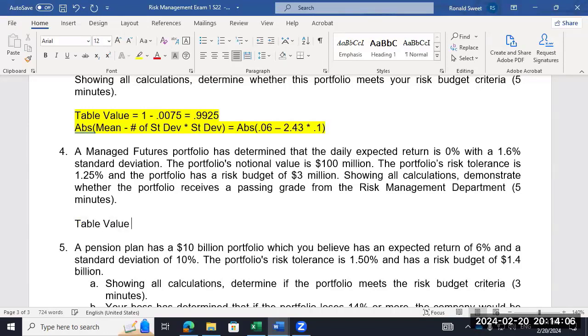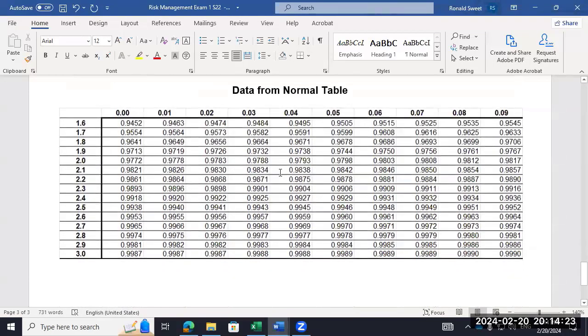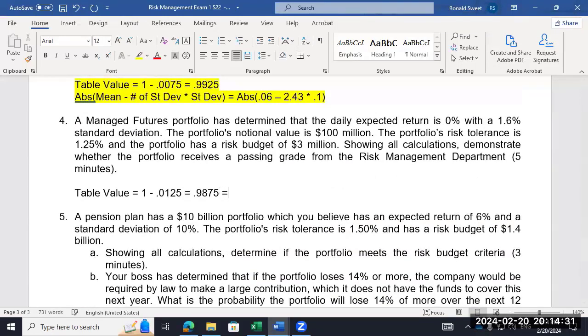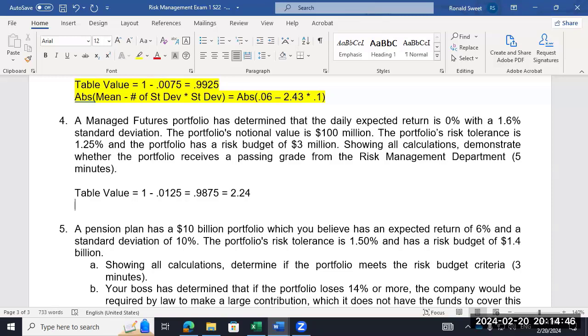So what's the table value here? So what was the tolerance? 1 percent. Well, what's the table value you're looking for though? 0.9875 maybe. So find 98.75 right there. 2.24, is that what you said? 2.24. You notice how I like to use numbers that are actually in the table. Well, not to give you any stress about interpolating. As I said, I had one professor have us interpolate. That's just crazy.